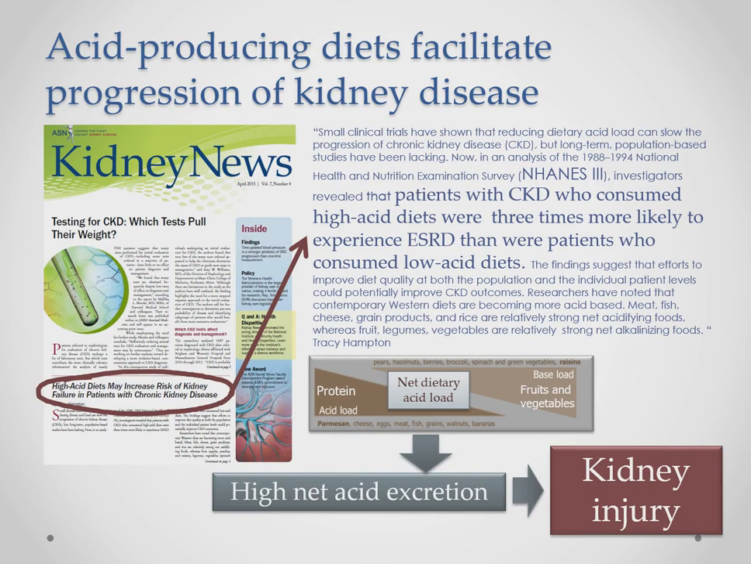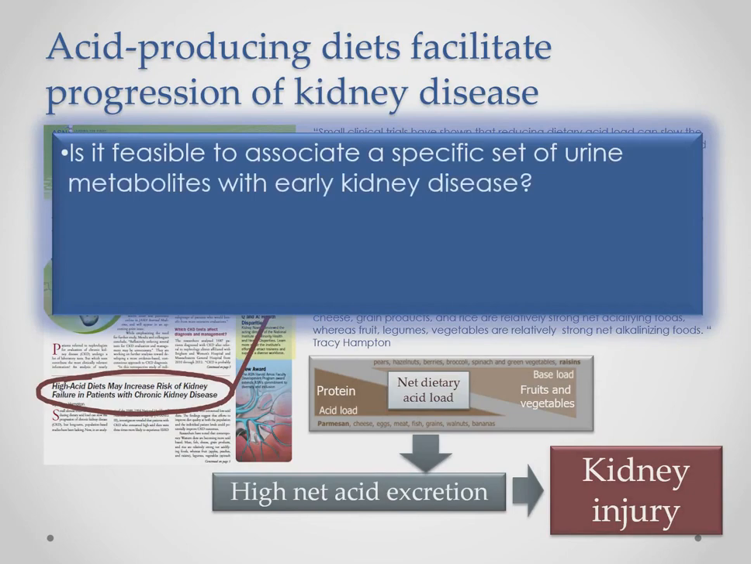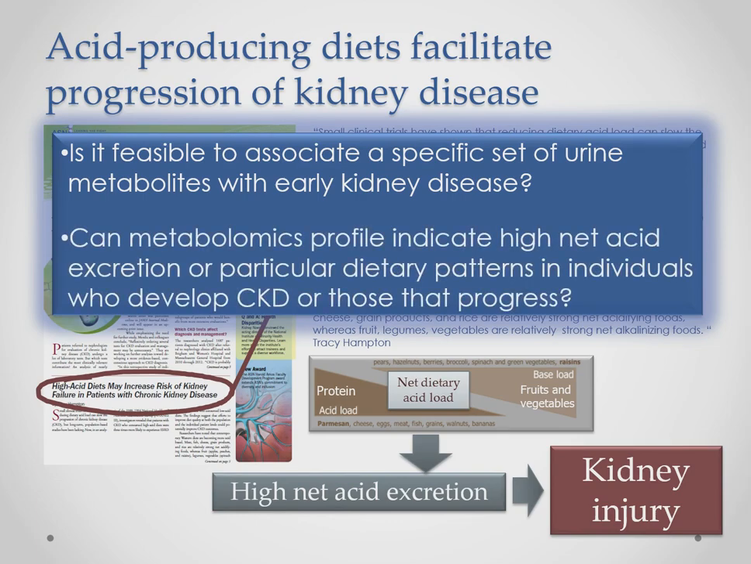But an important thing here is when we think about kidney patients, they are often acidotic, but that comes late in kidney disease. So with these people, we are talking about metabolically produced acid, not an overt metabolic acidosis or change in overall acid-base status. So we ask questions with this pilot. Is it feasible to associate a specific set of urine metabolites with early kidney disease? And can metabolomics actually indicate high net acid excretion or give us clues about particular diet patterns in people who develop CKD or those